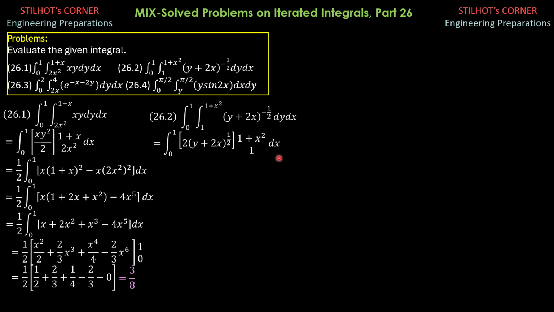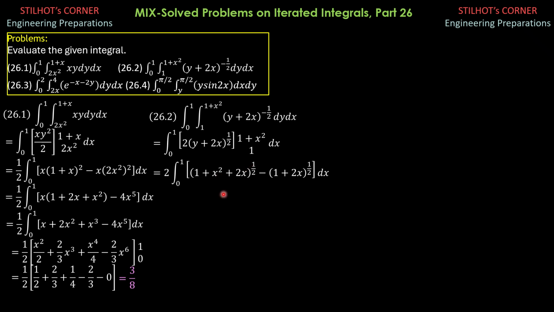So substituting values of y, upper minus lower, so that would be equal to integral 0 to 1 of quantity 2 times 1 plus x squared plus 2x to the 1 half minus 1 plus 2x to the 1 half. After we substitute the lower limit, then times dx. So take note that this is a perfect square trinomial. X squared plus 2x plus 1 is x plus 1 squared. X plus 1 squared, raised to 1 half, is x plus 1.